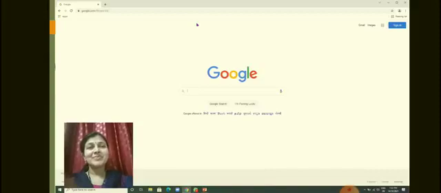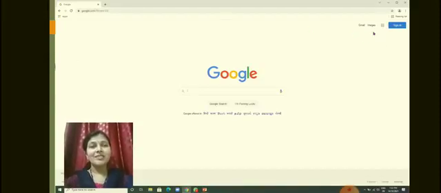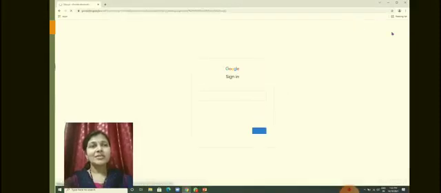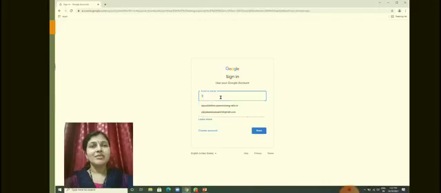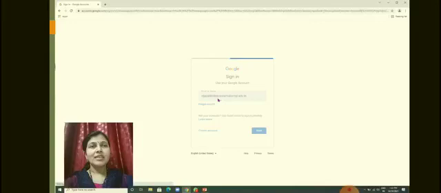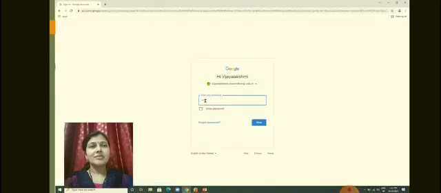Now I will show you how to start Google Docs. First, you have to open Google and you can see the sign in option here. When you click on the sign in button, you can choose the Gmail account. Click on next and write the password.